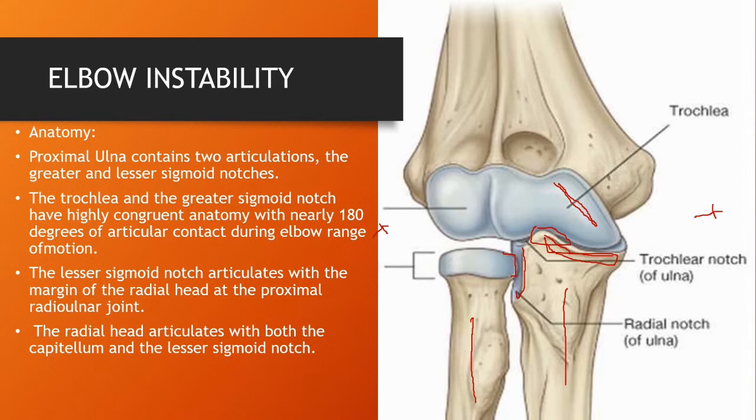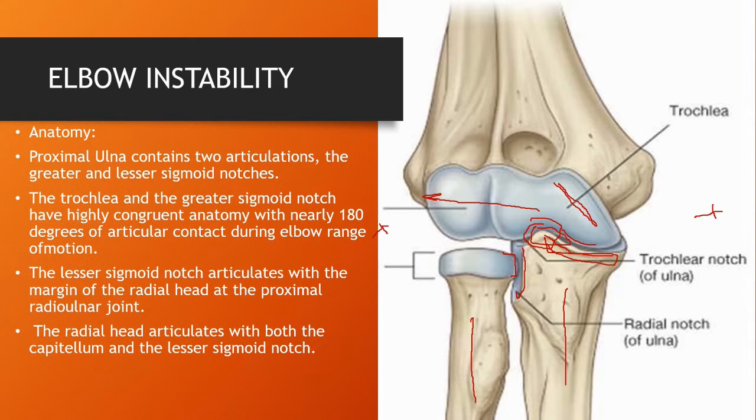These factors contribute to stabilize this joint in rotation and also in varus stress, which would cause sliding this way. Because of the shapes of these opposing surfaces here, it makes it difficult for this articulation to undergo rotational